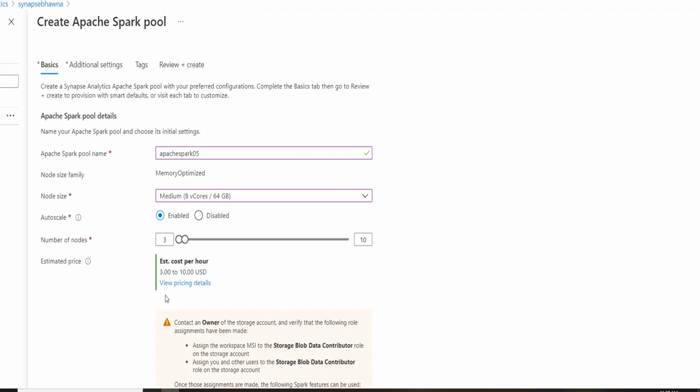Also, you can see the pricing difference over here. The moment you disable it, you can see how much it is costing you, and when you enable it, you can see how much it is costing you. One more thing I wanted to discuss: in case you disable this option, you will have your 8 vCores readily available. In that case, it will take very little time to process your data in case your loads become higher.